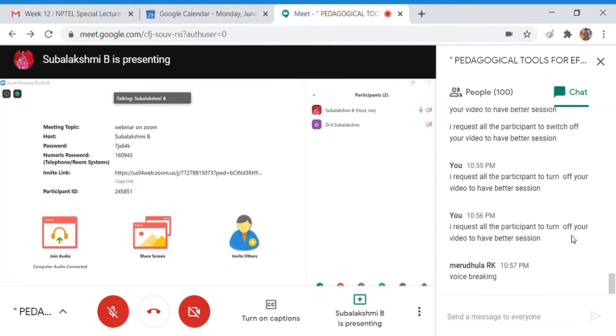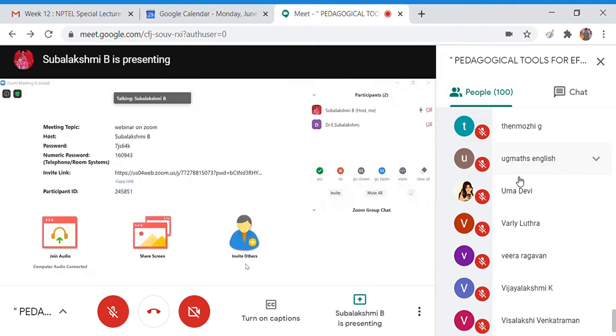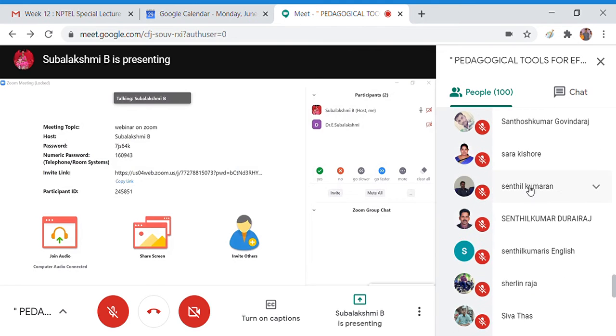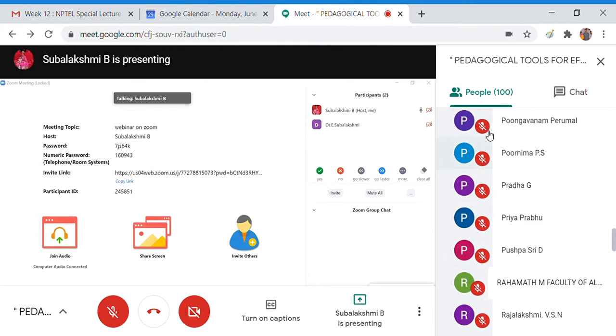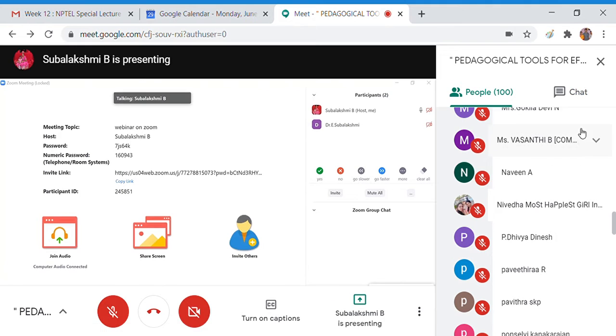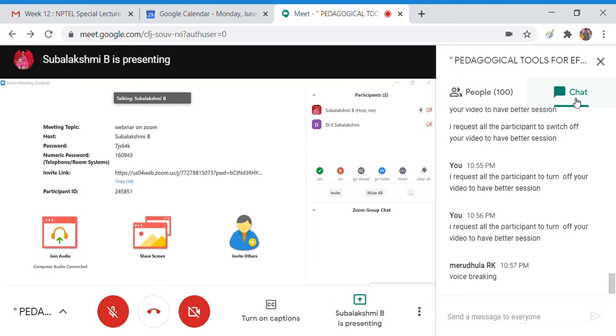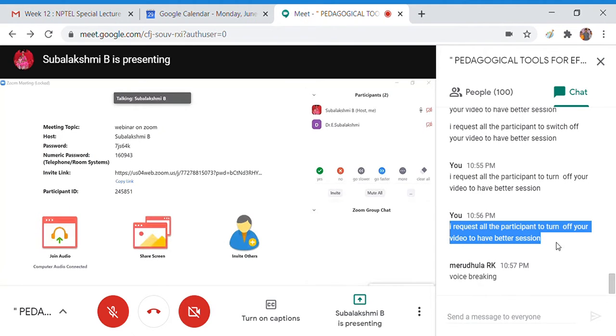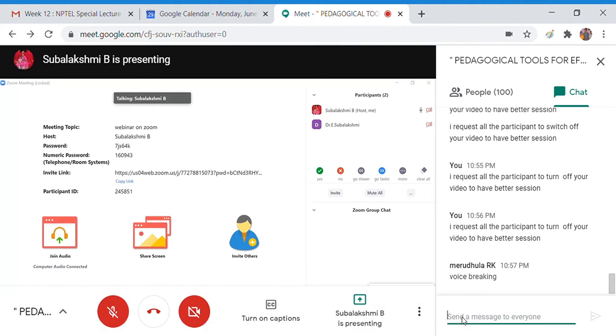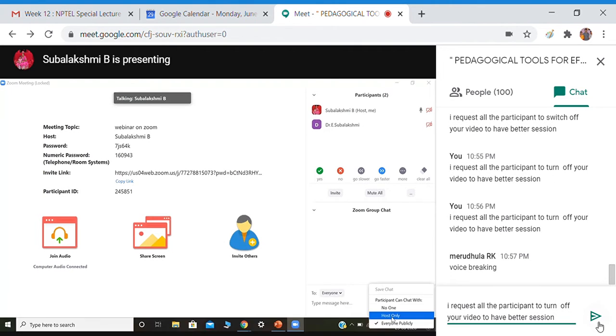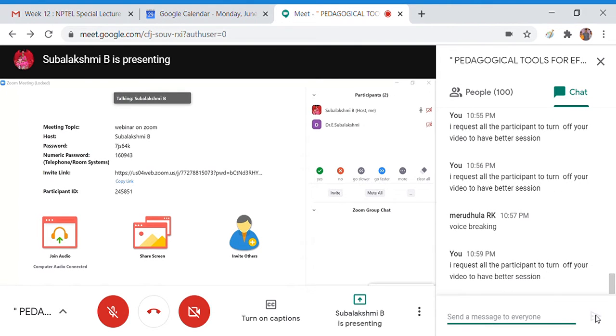And next we are going to discuss the chat window. So here you can see there are 3 dots. Here you can see the participant can chat with 3 options. Either no one, you can disable the chat window when you're taking classes in Zoom, or to the host only, if you want the participant to chat only with you. So when you're taking classes in Zoom, any doubts asked by the students will be viewed only by you so that you can answer their queries at the end of the session. And next one, we have everyone publicly. If you want the participants to chat with everyone, you can select it.